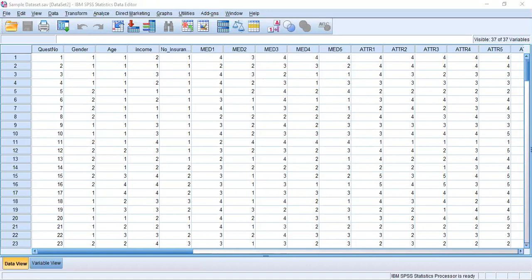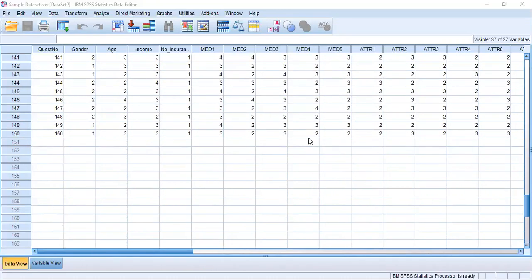According to that, the dependent variable is purchasing behavior, and the independent variables are attractiveness, expertise, and trustworthiness. This is the data set collected with the standard questionnaire. You can see 150 questionnaires are entered into the SPSS datasheet.